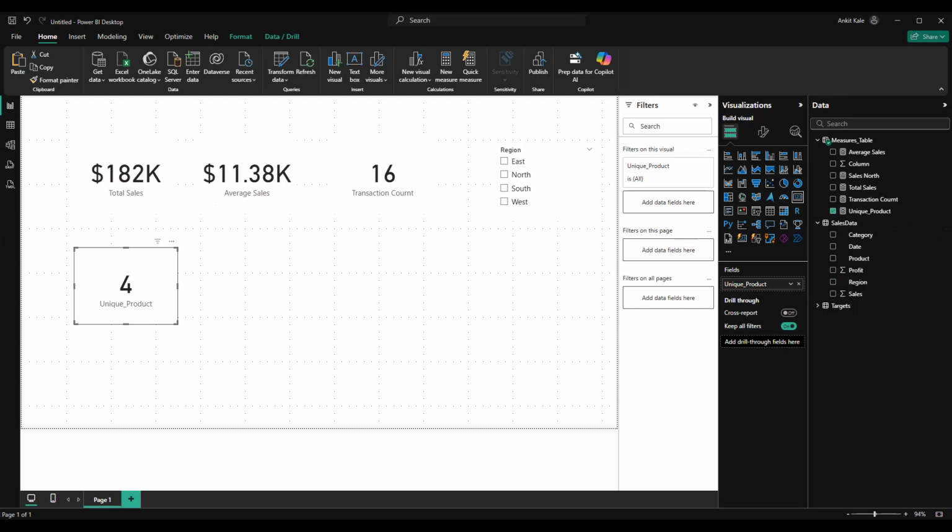Use the CALCULATE function to calculate a measure to find total sales in south and north region. This is task number one. Number two is,